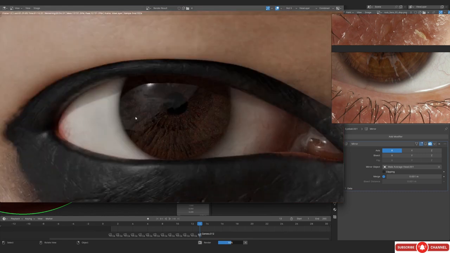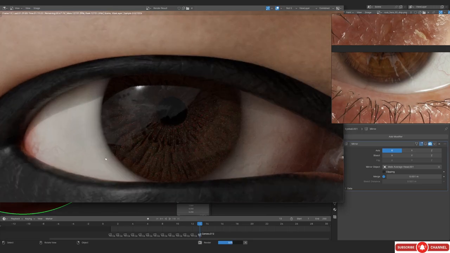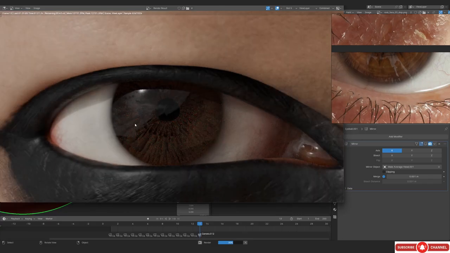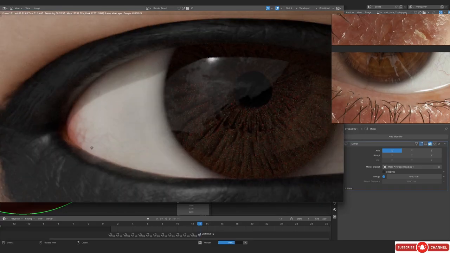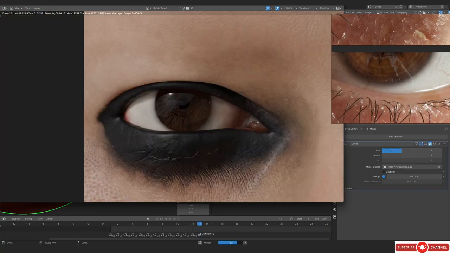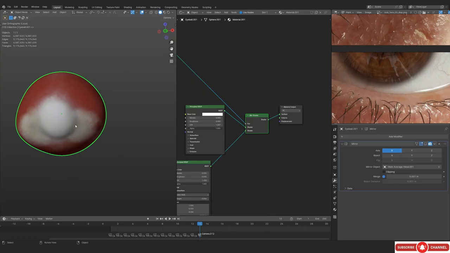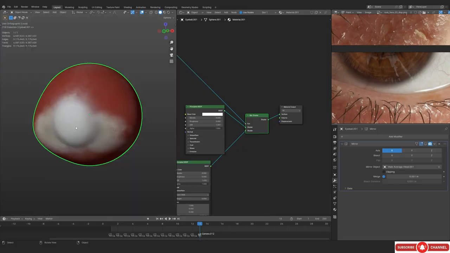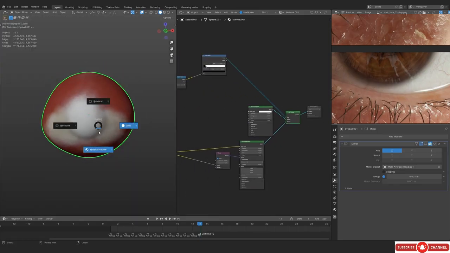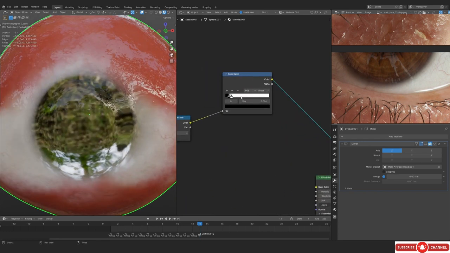So that's pretty cool. If you want to, you can decrease the strength of it a little bit though, because I think the strength of the veins is a little bit too much. But yeah, I think it is working pretty okay. I don't think that it's bad or anything. So that's good. If you want to, by the way, you can also paint the pupil area and literally use the same bump thing in the pupil node as well. So that is also another way of adding some bump.